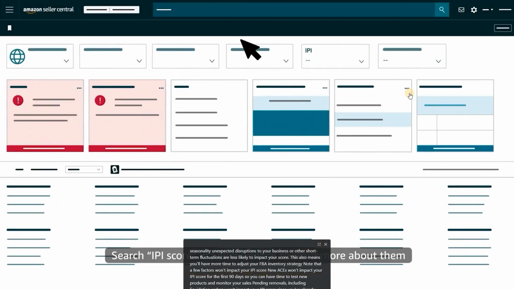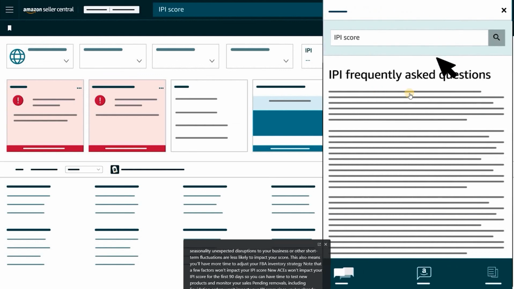Search IPI score in Seller Central to learn more about them and how they're calculated. This concludes our